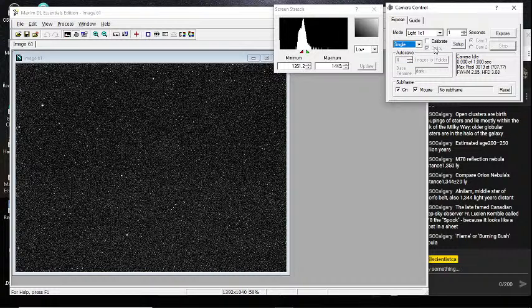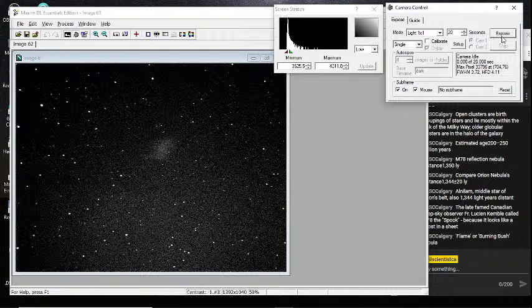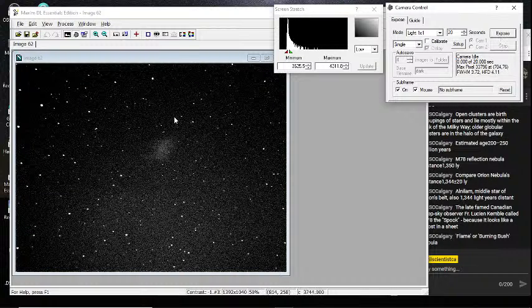So let's increase our integration or exposure time here to 20 seconds so we can see things. So this is, once we get a picture of it, Messier 1, the Crab Nebula. It's a supernova remnant, the remnant of a star that blew itself up back in 1054-ish. There are records. There we are. You can start seeing it right there. So we'll bump our integration time up to 40 seconds here.